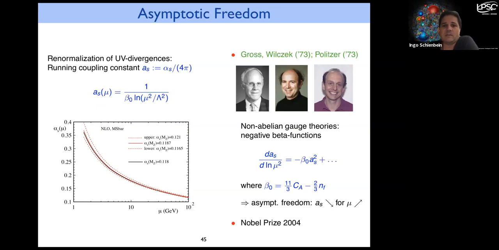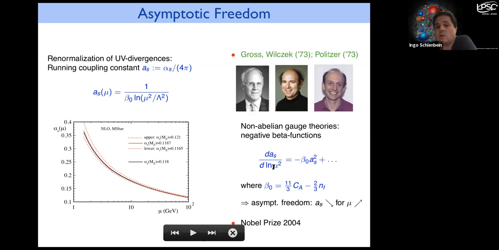And this asymptotic freedom has, of course, led to a Nobel Prize due to the calculations by Gross and Wilczek, and independently Politzer. So the running coupling: taking into account quantum corrections, loop corrections to the gluon propagator, you find you need to renormalize. That leads to a scale dependence of the coupling constant and a differential equation which describes the scale dependence. That's known as the renormalization group equation.